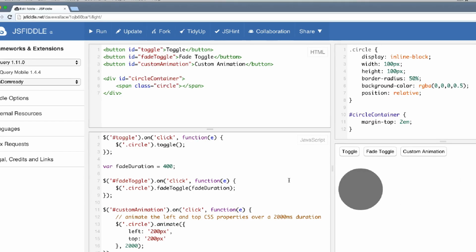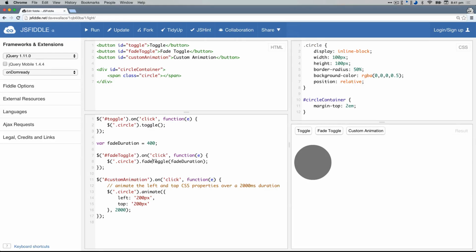Okay, and while I don't have a button for it here, the only other real built-in animations that you have are also slide. So you got slideIn, slideOut, and slideToggle. Okay, which looks something like this. Okay, so the built-in animations for jQuery are really only meant to be used for things that are common for UI interfaces. So fading things in, fading things out, and showing things, hiding things, sliding things in, sliding things out. If you want anything more complex than that, you can use jQuery's animate function to define a custom